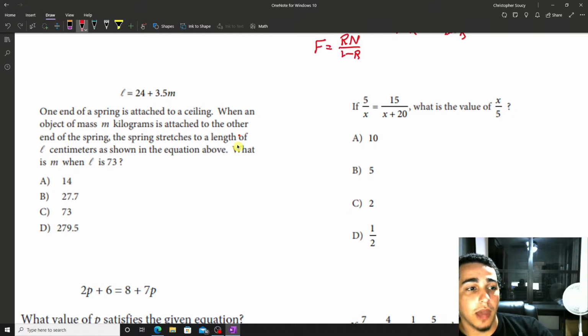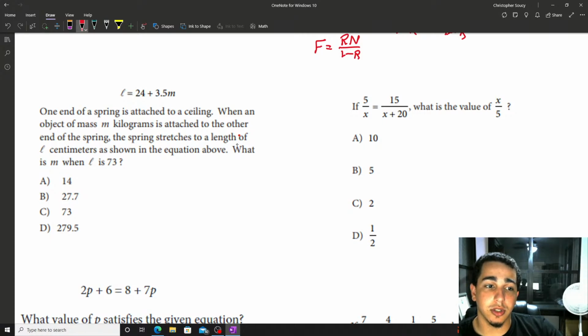For this third question, we have L equals 24 plus 3.5m. One end of a spring is attached to a ceiling. When an object of mass m kilograms is attached to the other end, the spring stretches to a length of L centimeters, as shown in the equation above. What is m when L is 73? So we want to know what is m